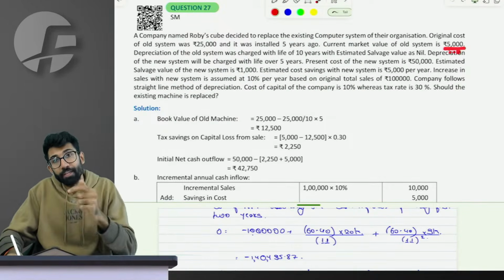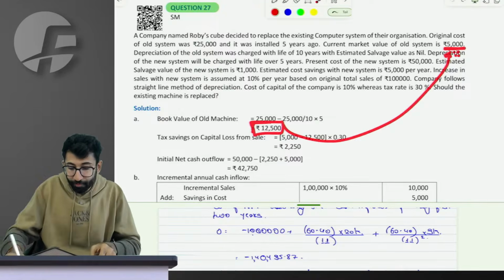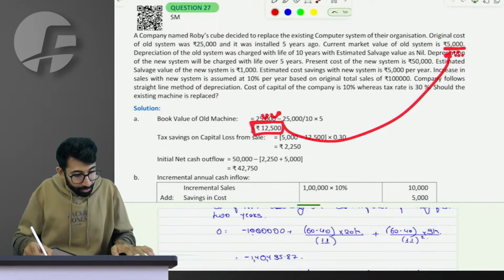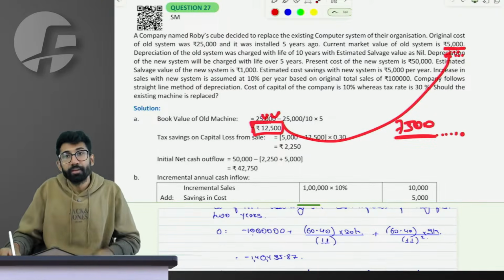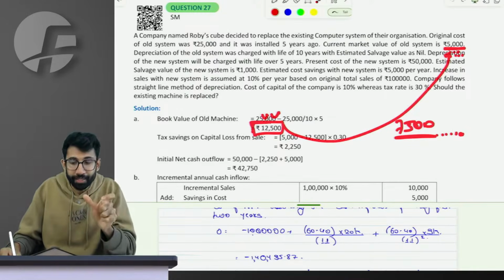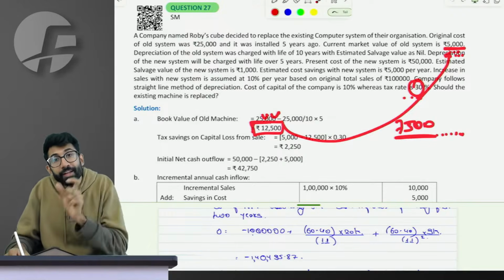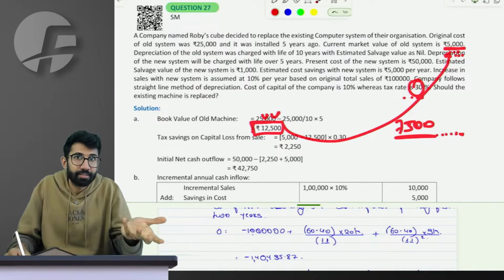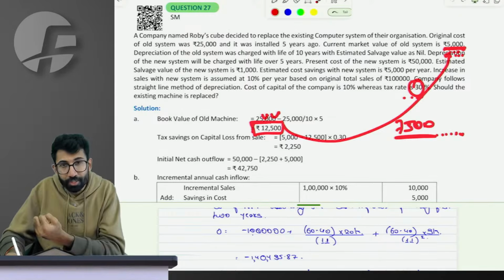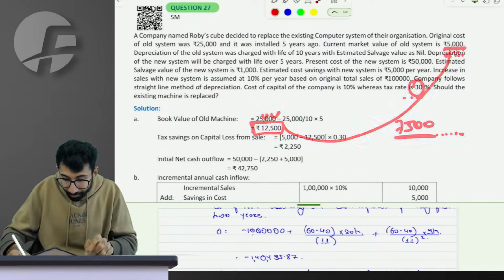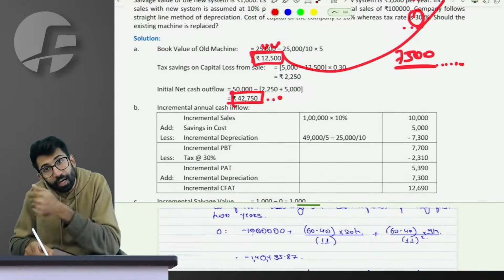There is one more adjustment here which is regarding tax. Sir, book value of the computer being sold at a price of 5,000 is 12,500. So 12,500 minus 5,000 gives me 7,500 as the capital loss which I have made. On that capital loss at the rate of 30%, which is 2,250, I will have a tax benefit. On capital gain, if I pay tax, so on capital loss, I have a tax benefit of 2,250. So I will receive 5,000 cash, I will receive the tax benefit of 2,250 and I will pay 50,000 in alternative 2. So 42,750 is the overall net outflow I will have to make.